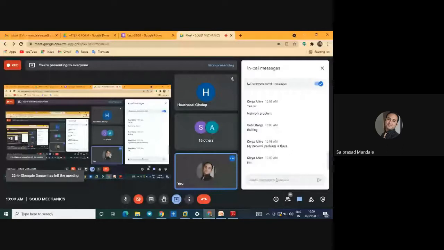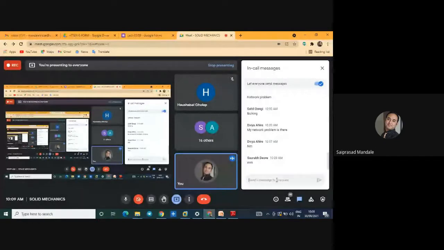I am waiting for the answer in the chat box. Saurabh Devre, well tried. Is that the unit for length, Saurabh? Kalyani, kg per meter square? Okay, Newton per meter square? No, that is a unit for stress. Try first. I'm expecting the answer. If you don't know, then I come to know what you have studied in your strength of materials. Don't allow me to judge your previous faculty. I'm expecting the answers.